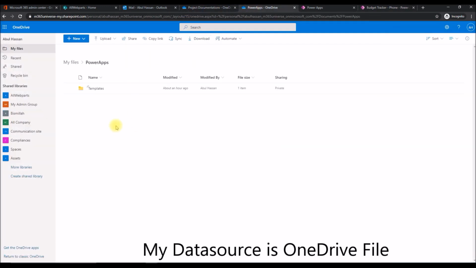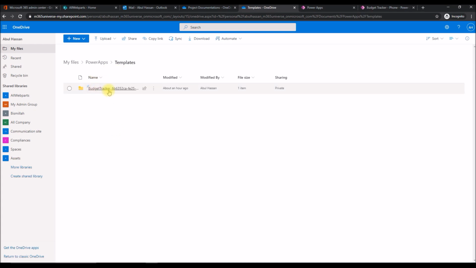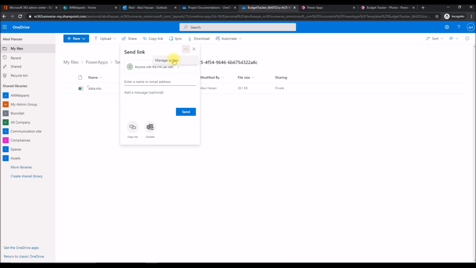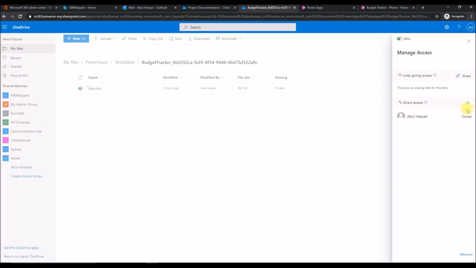So this is my OneDrive, and my documents and the data are stored under here. So under the budget tracker, all the data is stored here. If you want to share it, share the file. So I'm sharing the data source first. Click on manage access and add the permissions. In this case, it's senior managers,